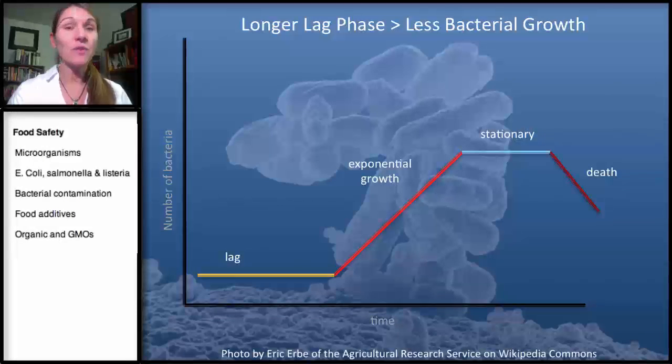Refrigeration and freezing, so keeping it below 40 degrees, is going to extend the lag phase, or it's really going to slow that exponential growth phase. Taking out water. That's why a lot of your products don't have water in them, because bacteria need water, they need nutrients. So if you limit those items, then you are going to prevent both the spoilage as well as the chances of those bacteria replicating to produce foodborne illness.